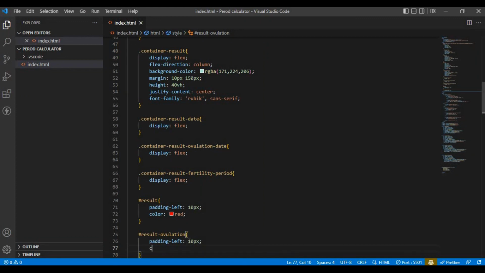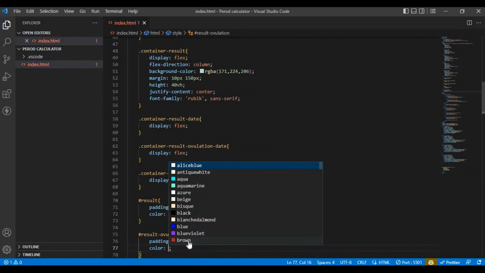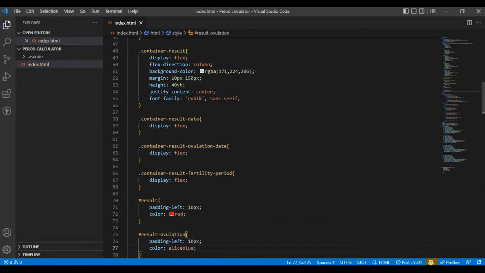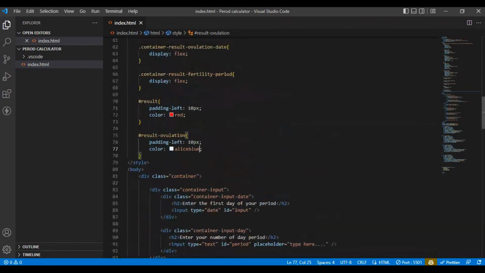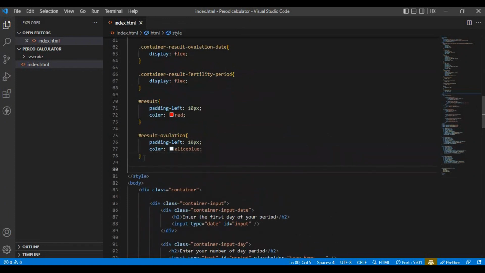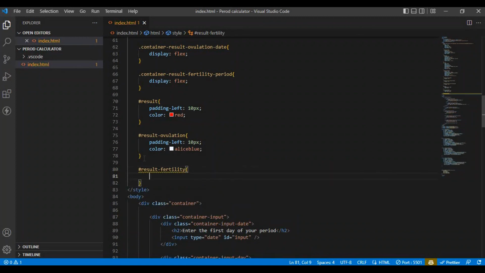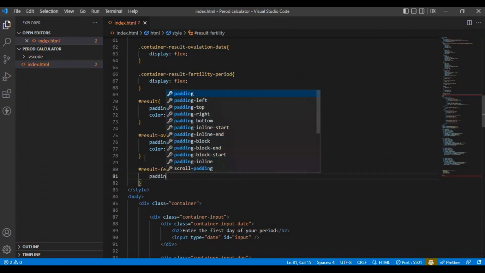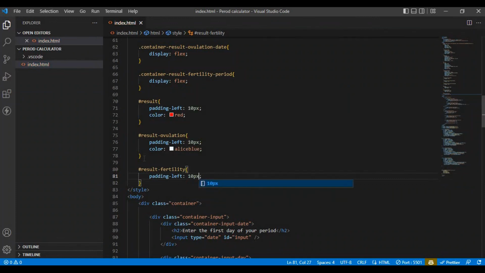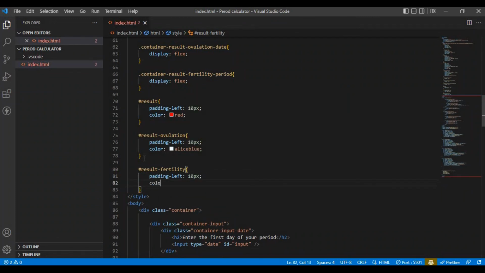So from there you'll be giving a color to it, which will be Alice blue, and we'll be grabbing, let me scroll to the top, another one, which will be the result fertility, and we'll be giving that one padding left 10 px, and we'll be giving a color green,